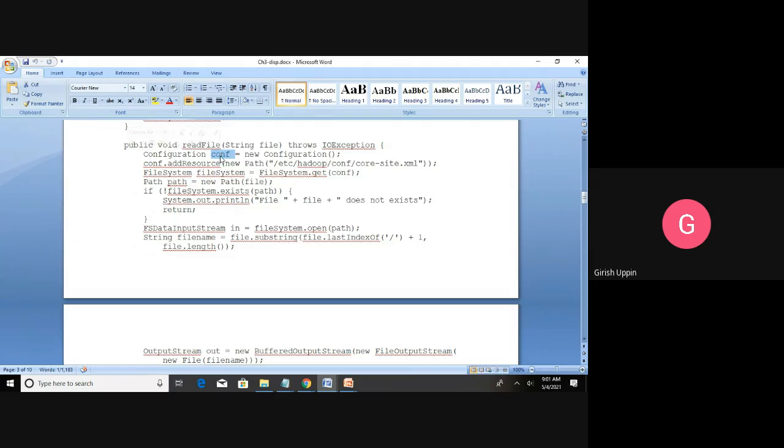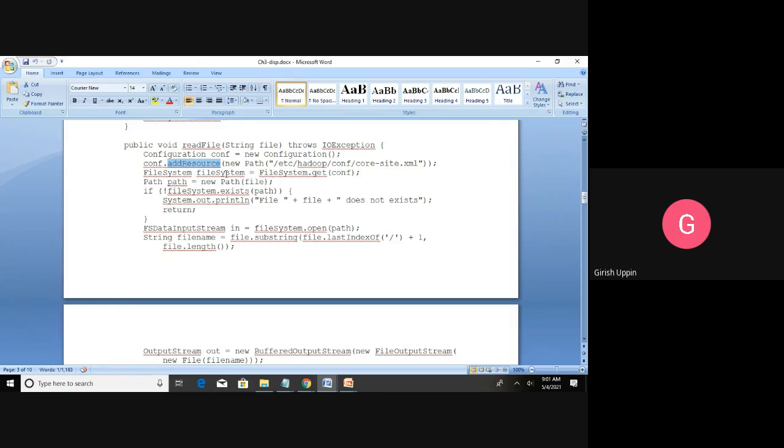You are creating the configuration object, and to that configuration you are adding the resource. What resource? core-site.xml. You are passing it as a new Path object, and that will be added to the conf object.